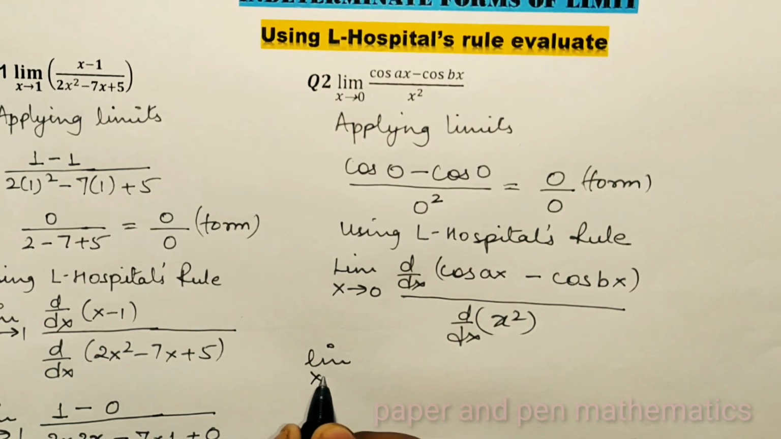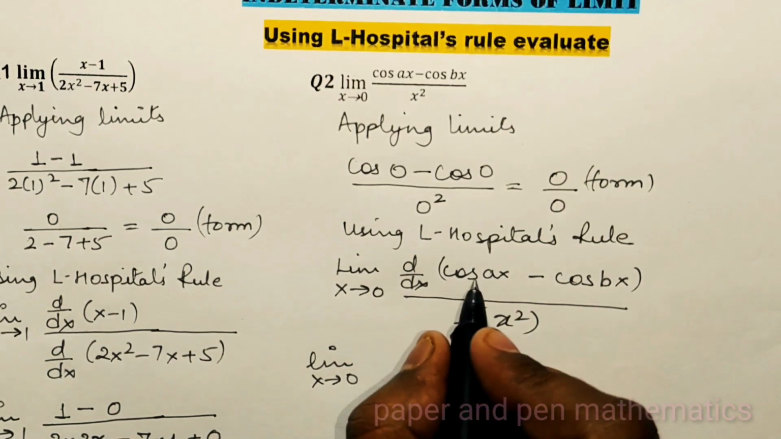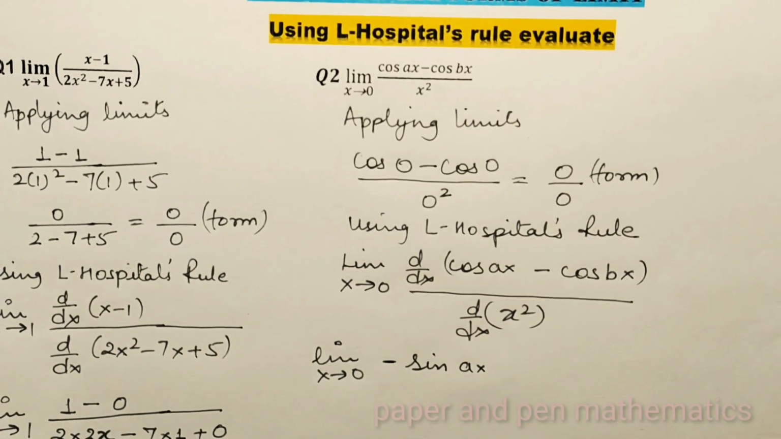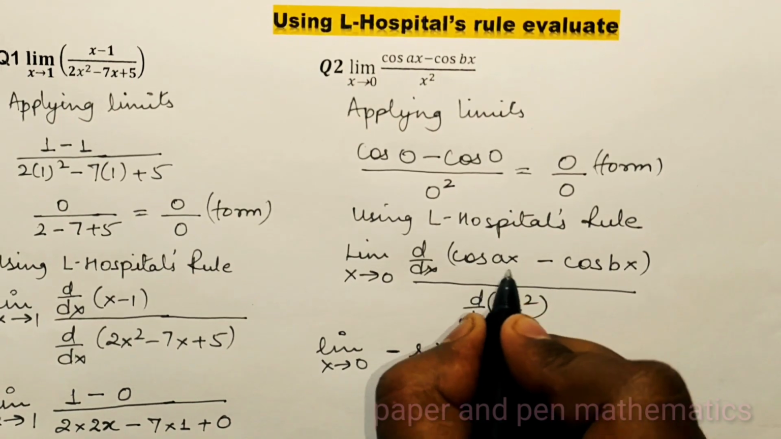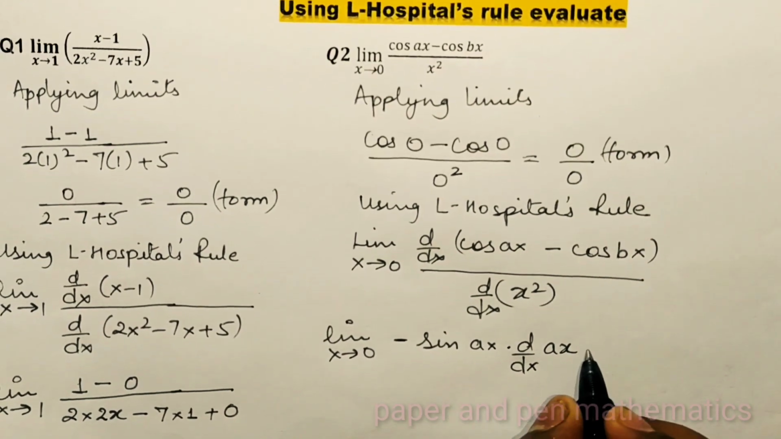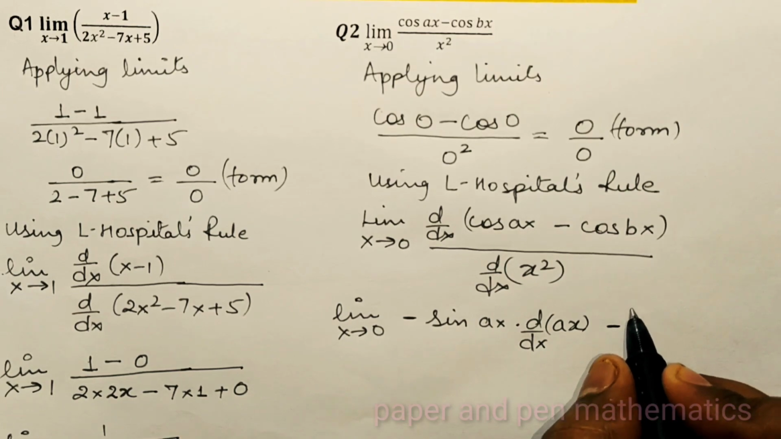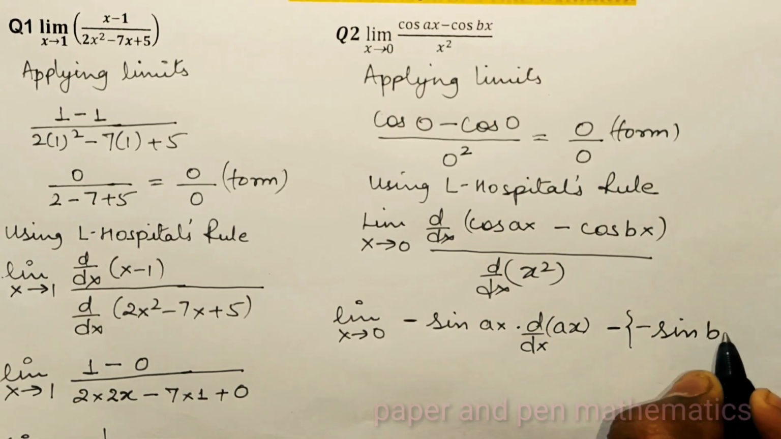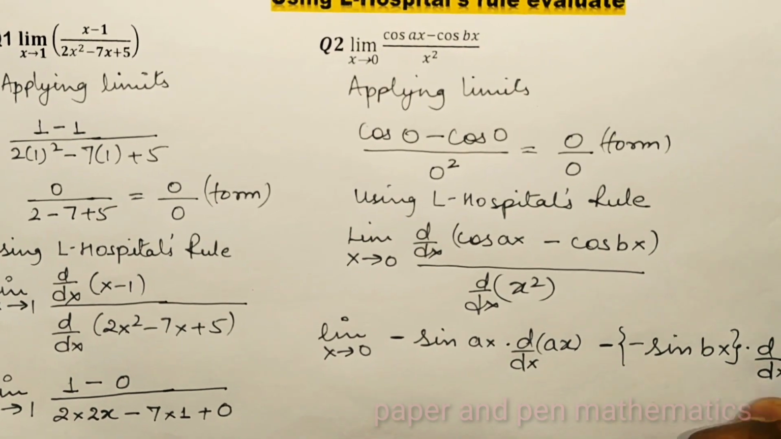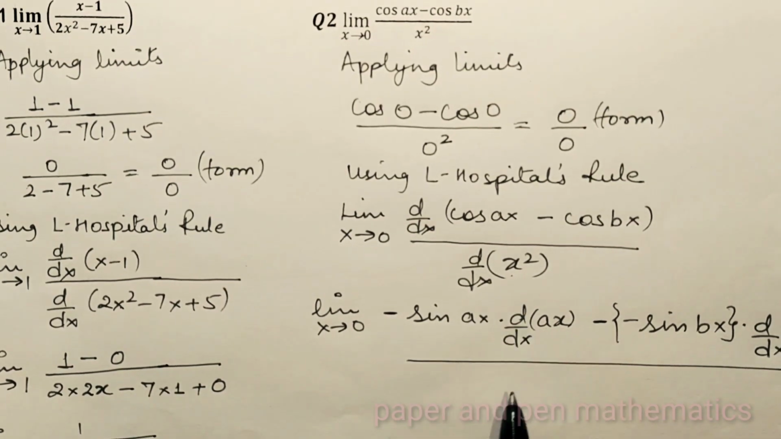So limits x tending to 0, differentiation of cos ax. So differentiation of cos is what? Minus sine ax. Now this was not x, this is ax. So by chain method we have to do differentiation of ax again, minus differentiation of cos bx will be minus sine bx. Now by chain method, differentiation of bx we have to do again, and whole divided by differentiation of x square